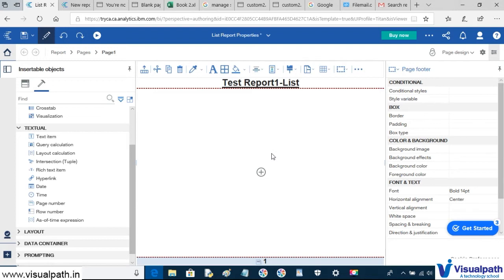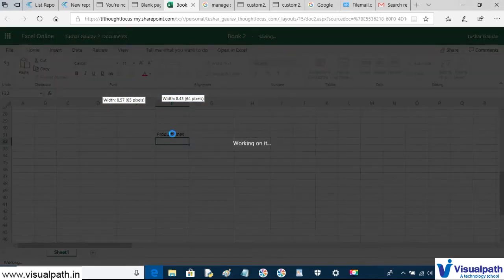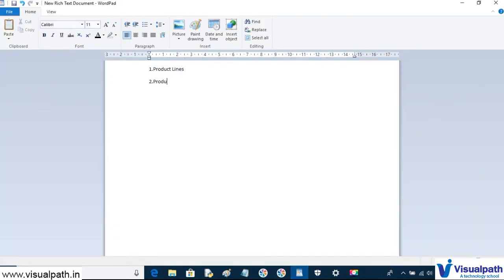Okay, and suppose the list report is going to contain multiple columns, like product lines, product type, product name, revenue.